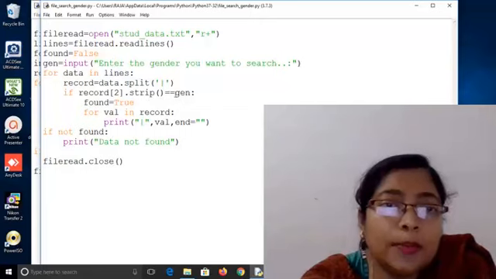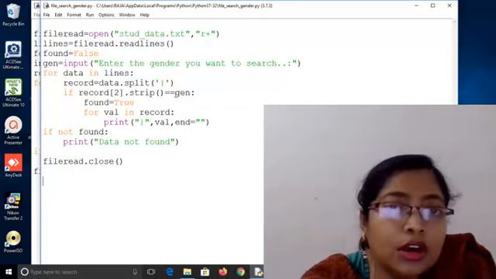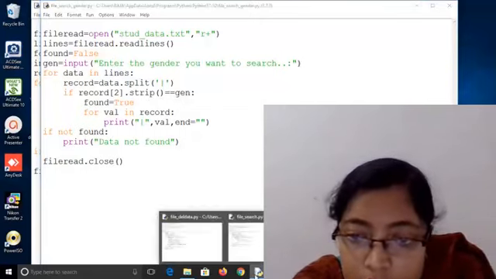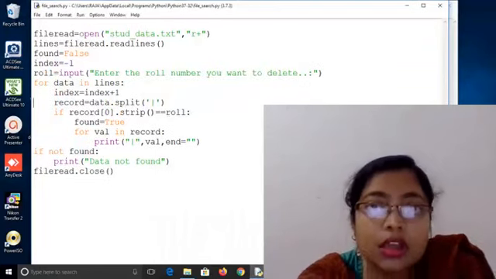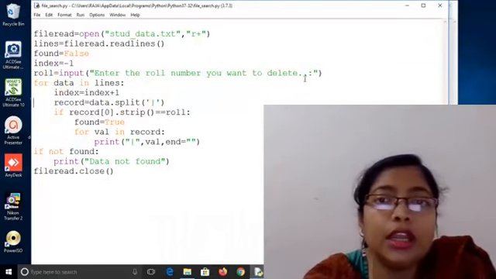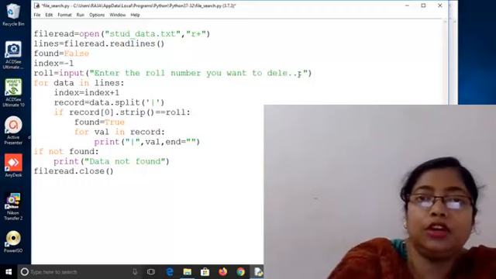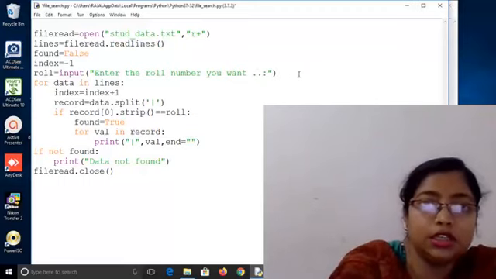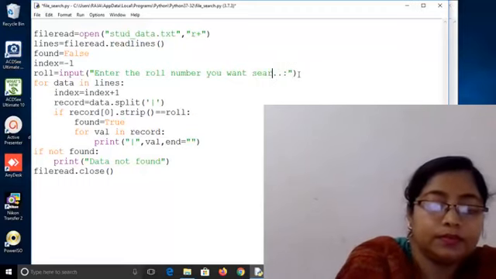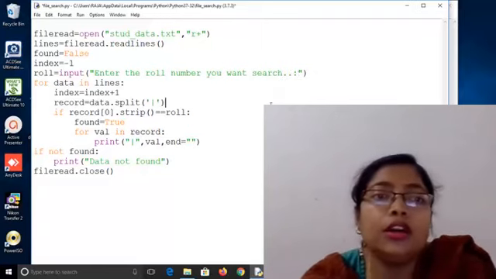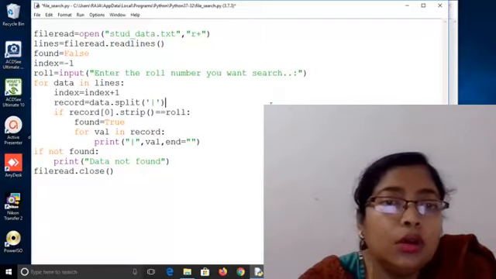This program is a similar one. In this program, instead of finding a record according to its gender, I am finding the record according to the roll number. So in which index is the roll number? In the 0th index.